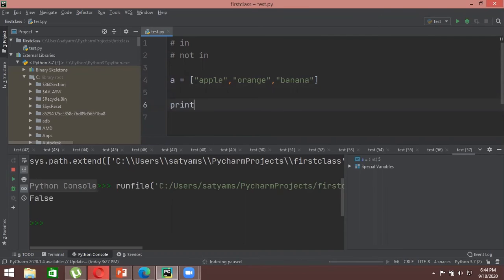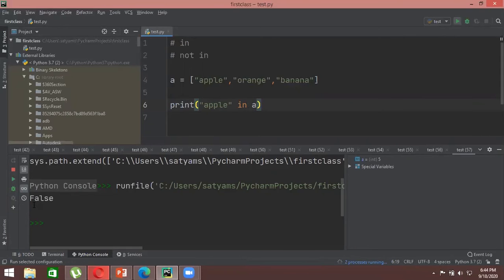You'll just write a print function and search for that particular name, right? Because you're searching for that name, that name is a string, so to write a string you have to use double quotes. So let's say I'm writing apple, and I will use the in operator to search for apple in a. So a is my list. I'm asking Python to search for apple in the list a.